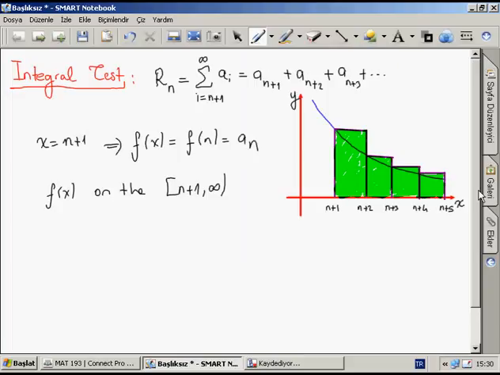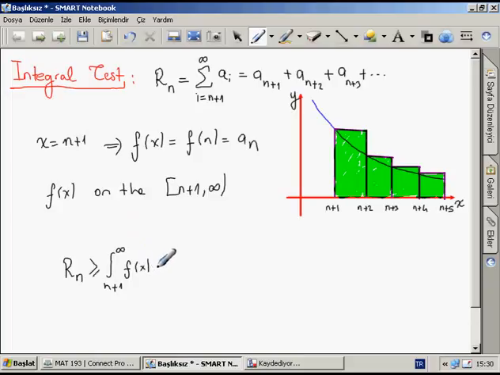We can see that the remainder R_n is exactly this area estimation, and it will overestimate the exact area. I mean that our R_n will be larger than or equal to the integral from n plus 1 to infinity